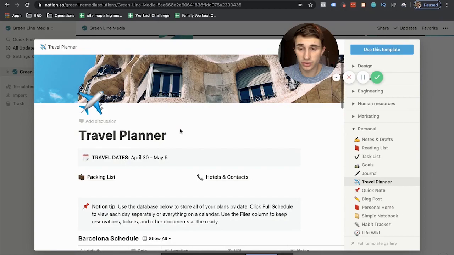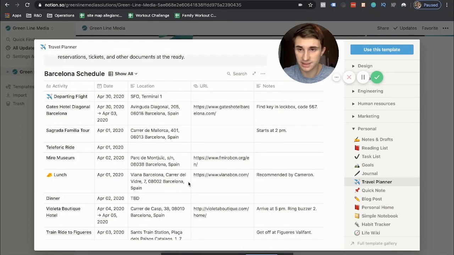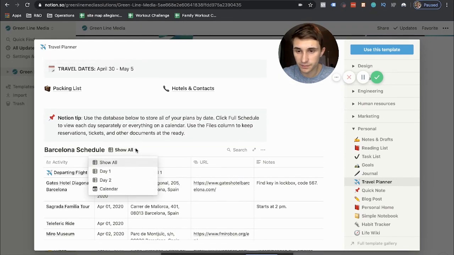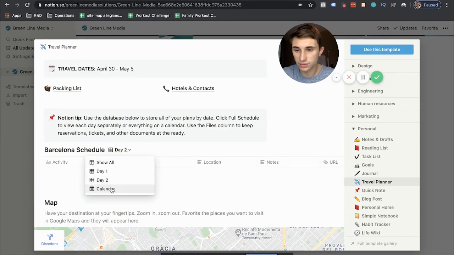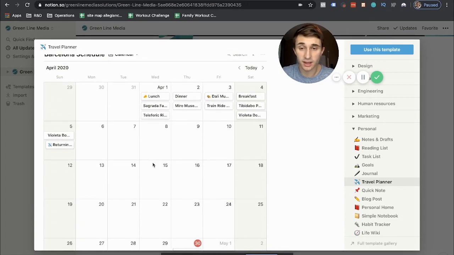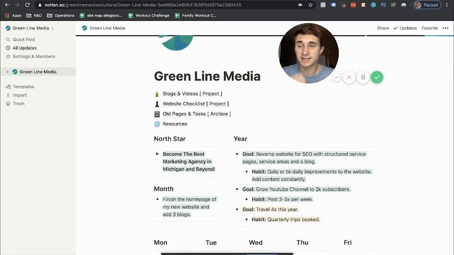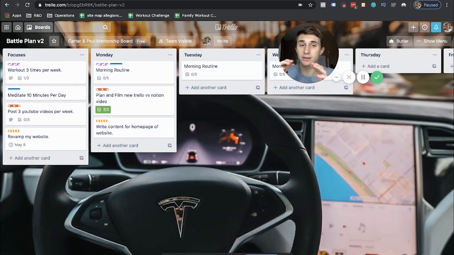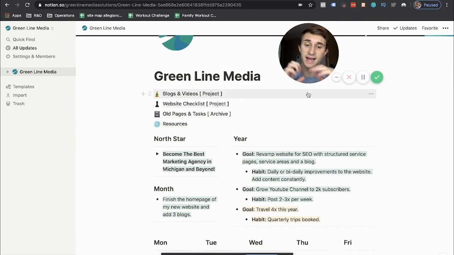If you click travel planner, you can go super in depth with Notion. There's a lot that you can do. As you can see, you can create tables and things like that. And you can also go into here and make different views. So you've got day 1, day 2, you've got calendar. Okay, and you can set all of this stuff up custom. So I personally think that as a scheduling tool, Trello is super easy, beginner friendly, fun to use. Notion, you can do a few more things. It's not as user friendly, but it's definitely more customizable as a scheduling tool.